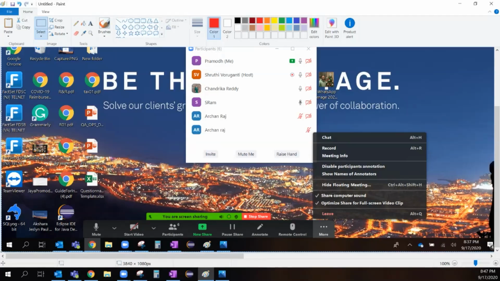So there could be something else. Assume you do not have access to the recording option. I still go to more and click on the record option. What should it prompt? What is my expected result here? The host has to give permission.